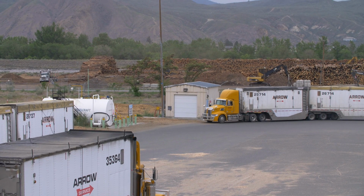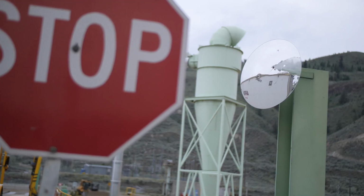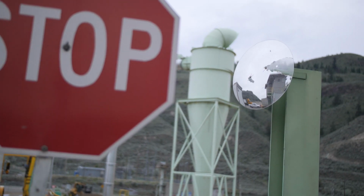Proceed out of the pulp mill site through the exit route, making sure to come to a full stop at the stop sign beside the chip tower and that you